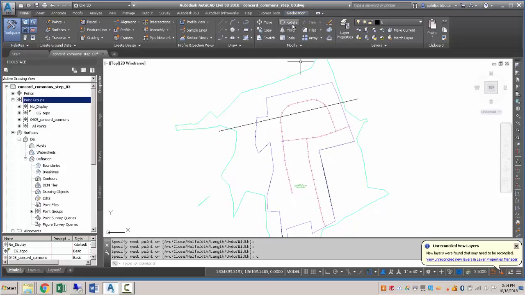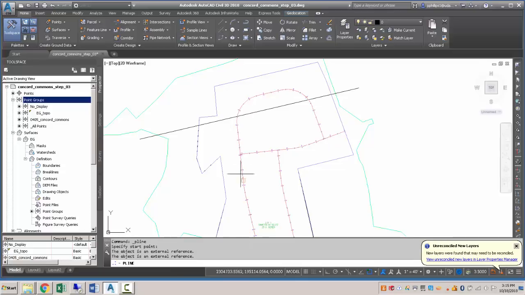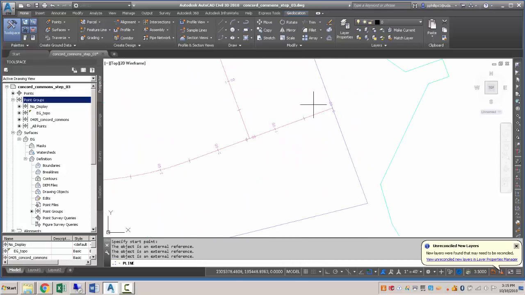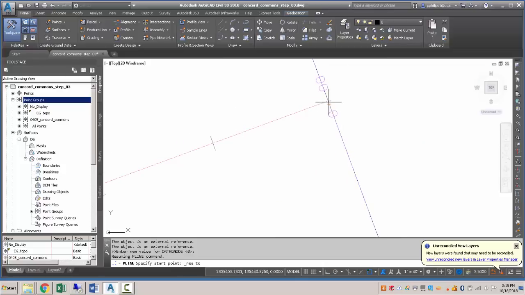And then I want to use a polyline as well to mimic these 3 roadways. There's one here. There's a roadway that comes around and swoops down and ends in a cul-de-sac. And then there's another branch here of a road. So let's use Shift right click nearest down here as our polyline start,